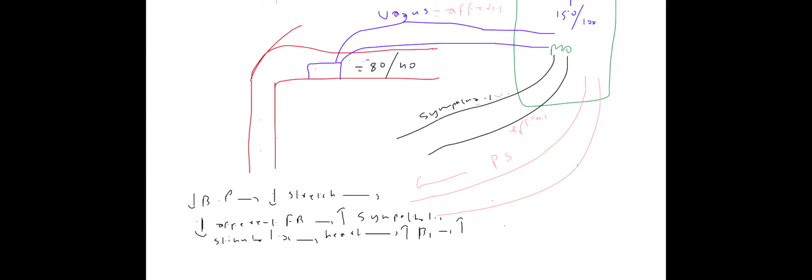Increased contractility. Excellent, very good. Contractility will increase. So if you increase the heart rate plus contractility, that means your cardiac output will increase. So you increase the one parameter of blood pressure. Now, what about the second parameter?